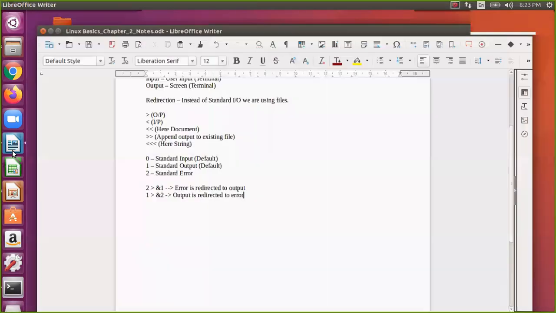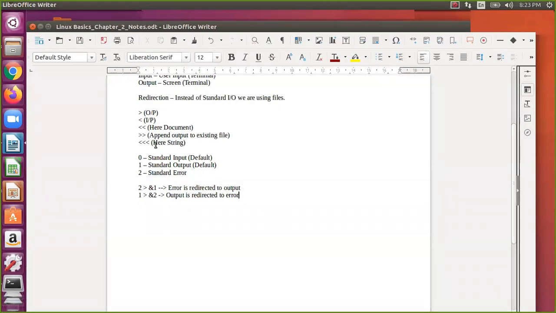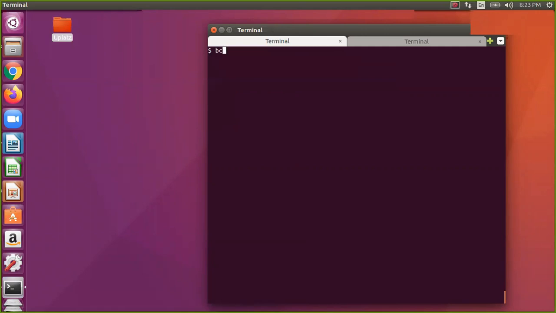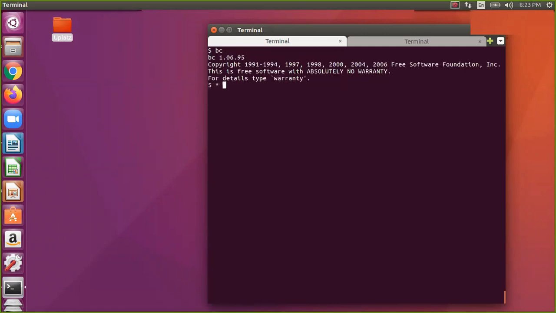Here document we have seen, and now we will see here string. Here string is simple. Instead of giving the input separately, let us assume I take bc, basic calculator. I say 5 into 4, both will work. 5 plus 4 gives 9, 15 minus 3, any numbers, and then I say Ctrl D, and then it will give the result.